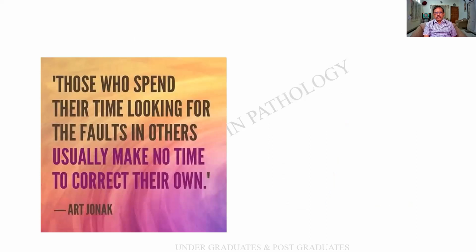Those who spend their time looking for faults in others usually find no time to correct their own. Again, a beautiful one. Why repeatedly I have been talking about this fault finding is there are a lot of faults in this. For example, in the Sahli method that we are using, the error can be anywhere between 20 to 30% or even more. And also in the Tallqvist method, it is 20 to 50%. The least error and can be used for conventional methods will be the Drabkin's or the cyanmethemoglobin method. And most accurate can be the chemical method.